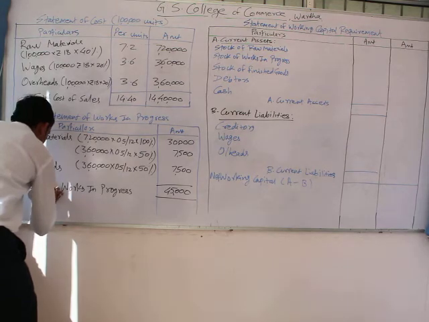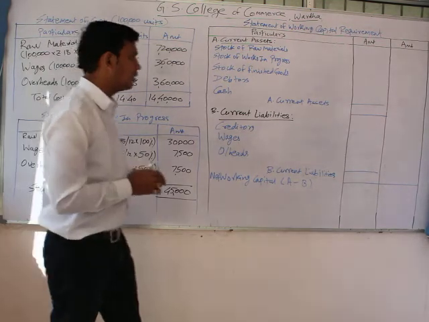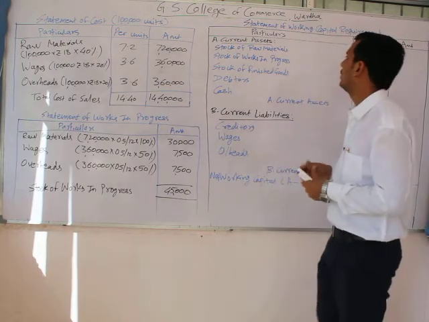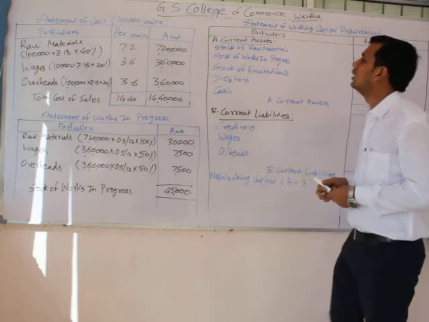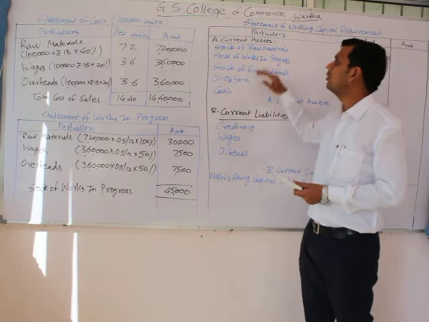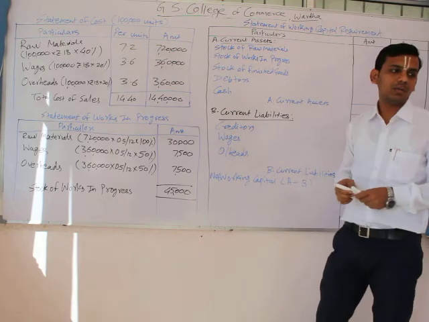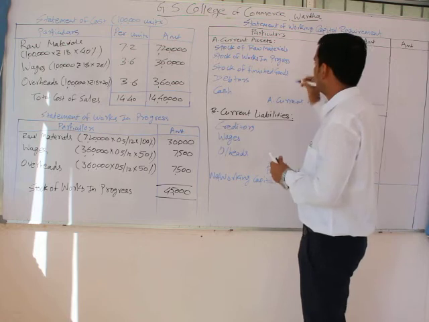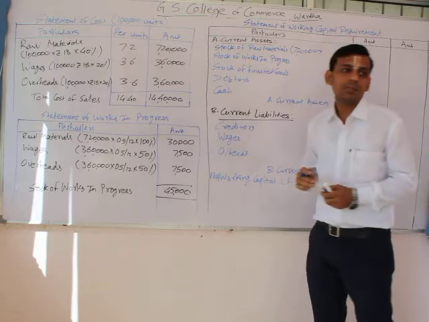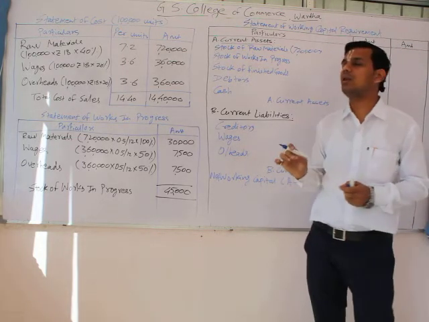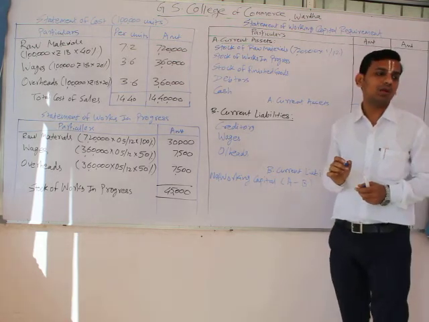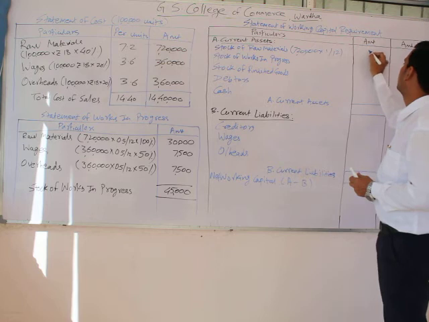So we have our stock of works in progress with us, and we can now start preparing the statement of working capital requirement. We will start with the same formula which we have used earlier, current assets minus current liabilities. First of all we would take stock of raw material. For that purpose we would use 7,20,000 multiplied by the period the raw material is in stock, 1 month, therefore 7,20,000 into 1 divided by 12 is equal to 60,000.